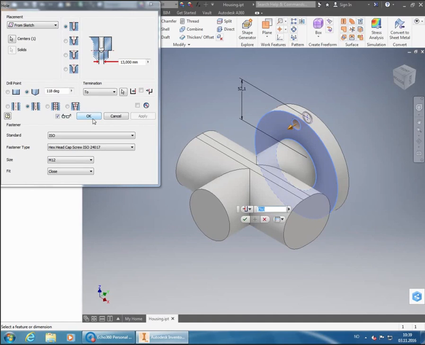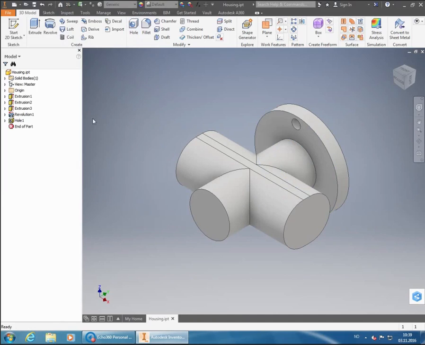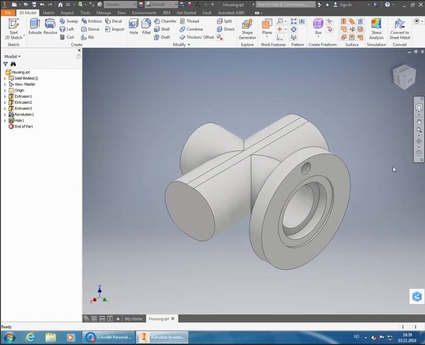Once that is done, we can click OK. So then we have one of the clearance holes. Preferably we would have created the entire housing there, but in order to get as much time as possible for doing the assembly, we're just going to stop there because we have what we need to actually assemble the parts at least. So we're going to just save our part,